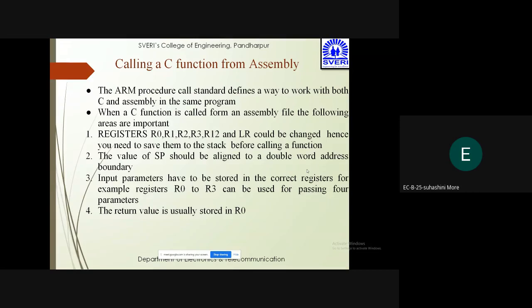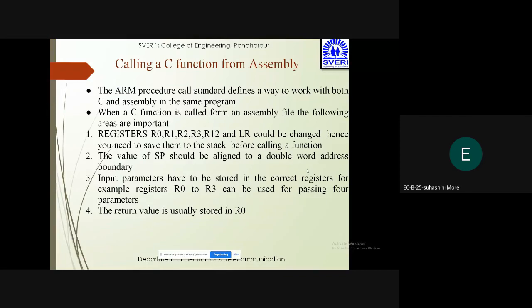Once you understand how a C function is called in assembly, or assembly is called in C, it becomes easier, because a system on chip programmer normally uses a mixing of both C functions as well as assembly functions. A lot of the time mixing these languages is quite beneficial.